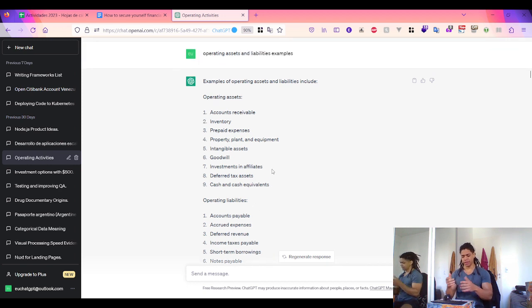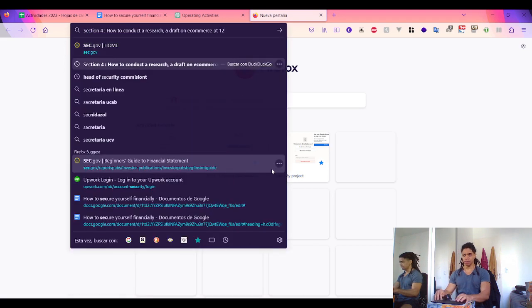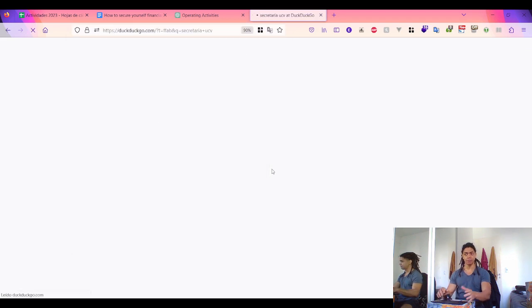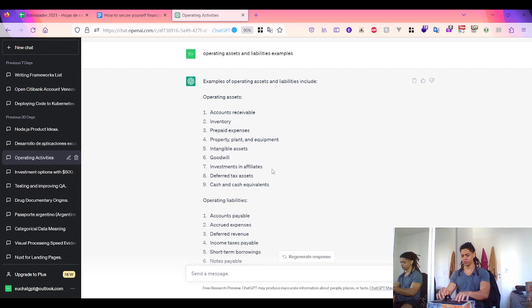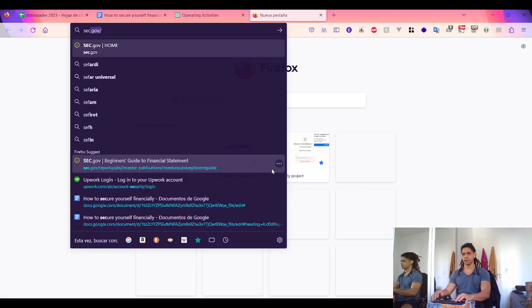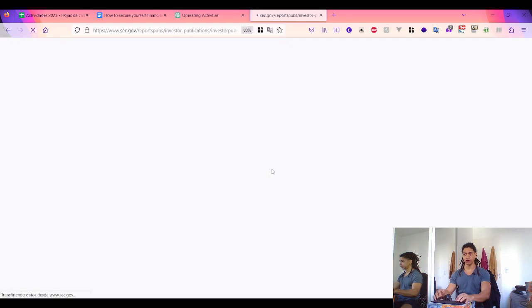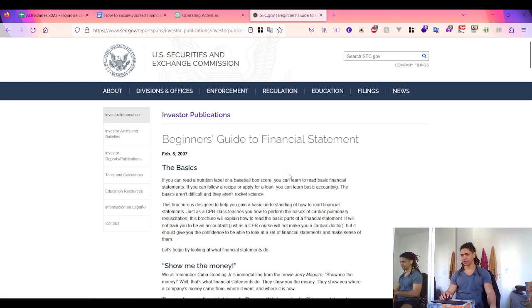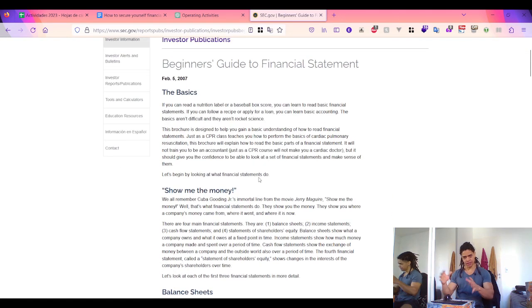Because I was looking at the beginner guide to financial statements made by sec.gov. This beginner guide to financial statements was made by the SEC, the Securities and Exchange Commission. So in this section, they mentioned that